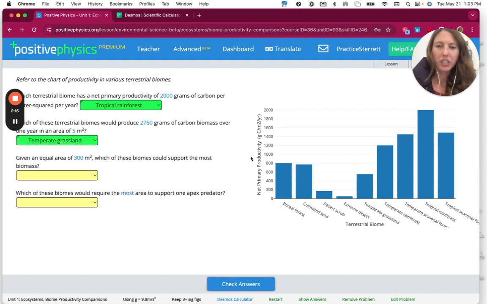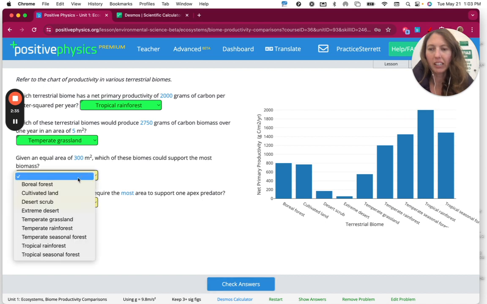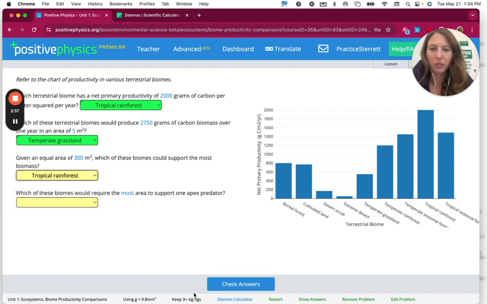And then the next question says, given an equal area of 300 meters squared, which of these biomes could support the most biomass? This question is really to help us see that the biome with the highest productivity will support the most biomass when all the areas are held equal. So the answer is going to be our most productive biome. So again, that answer will be tropical rainforest for this question. It doesn't matter that it says 300 meters squared here because all of them would be over the same amount